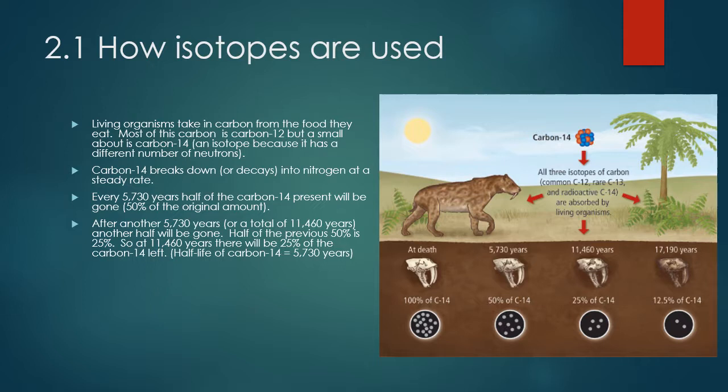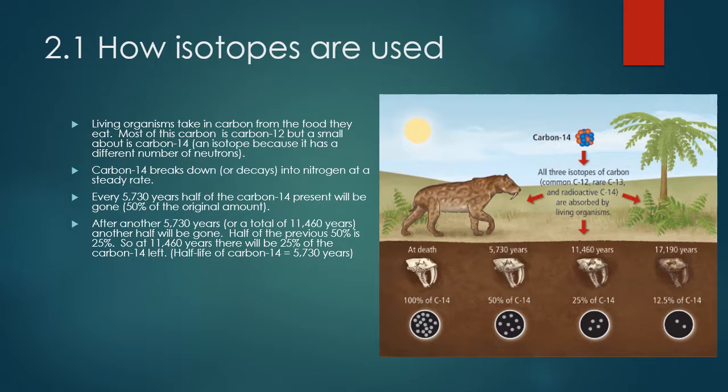The amount of time that it takes something to break down from the original amount to have half of it left is called the half-life. And so the half-life of carbon-14 is 5,730 years. And every 5,730 years that you go from the death of the organism, it will continue to reduce by half the amount